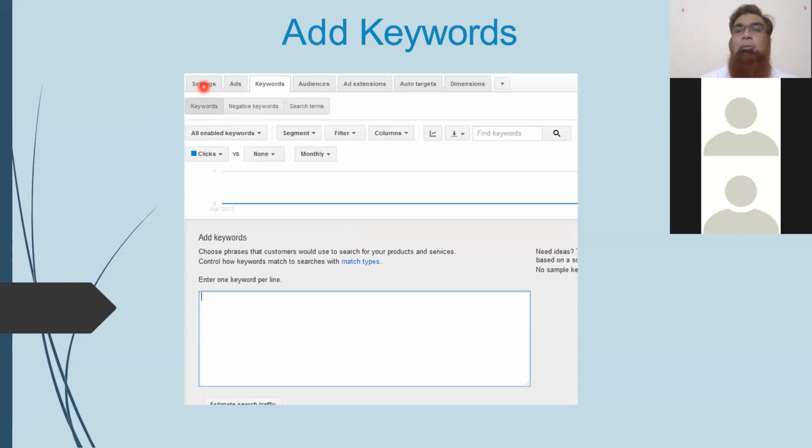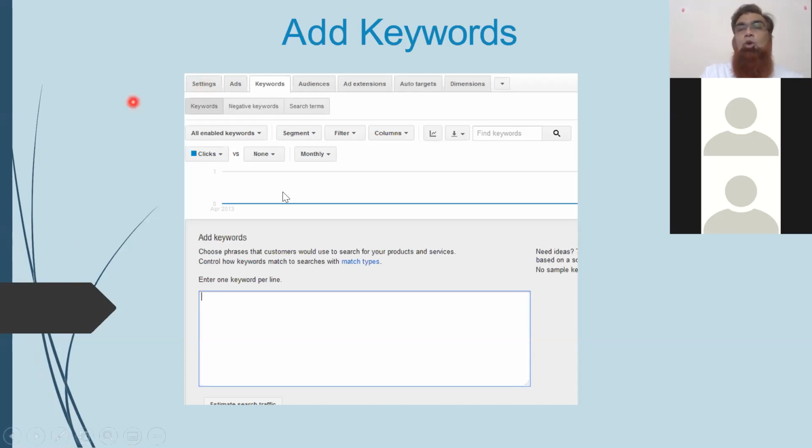Gender modification: you may want your ad to be published only for men, only for women, or for both genders. You may not want your ad to be published for people aged 18 to 24 or 24 to 35, so you can unselect those. Then your ad will be visible only to the segment you are looking for. Not only that, you can also do settings for the income segment: the top 10% of the income group, or 20%, or above 50%, whatever income group you want to target. All these facilities are available and you can use them.